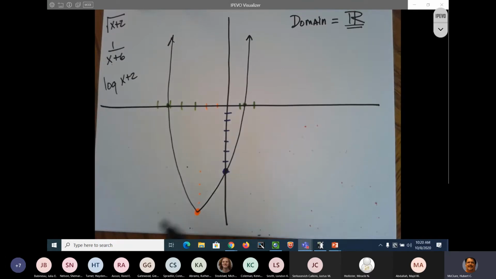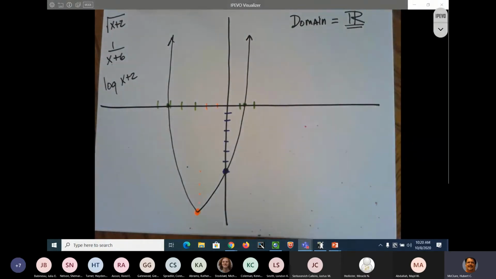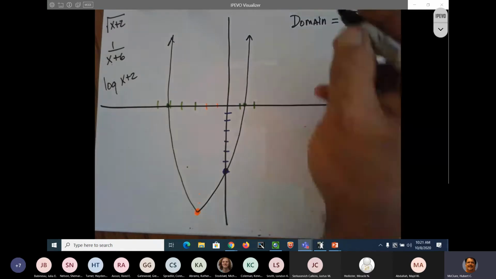So if you put all real numbers for every one of your domains in 3.1 and 3.2, chances are you're going to get it correct, unless the directions tell you to go from -2 to +4, then your domain is affected. But range,